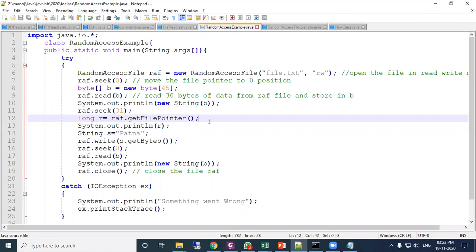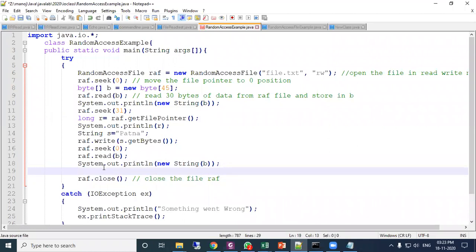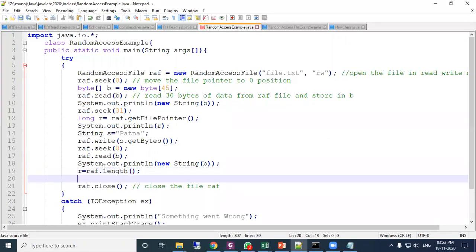Similarly, another method is length. Let us see. R equal to RAF dot length. Let us print the r value.